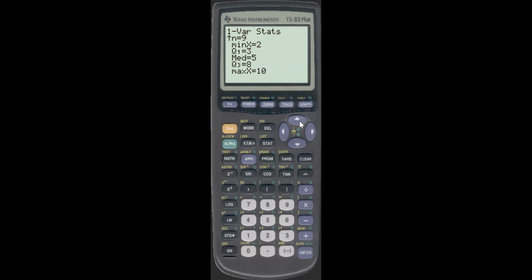Okay, so your calculator will do all this for you. This is where you've got to talk to your teacher and say, hey, can I use the calculator? And they might say yes, but you still have to show your work, which really nullifies using the calculator, but that is the situation here. All right, so any questions on that before we go back to working some out by hand? No. Fantastic.